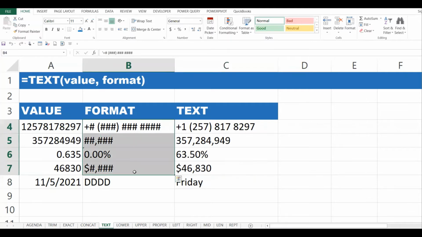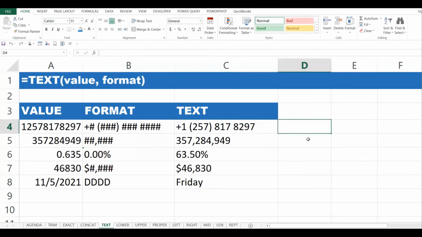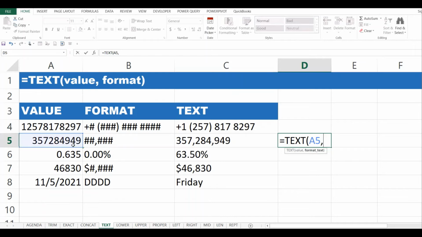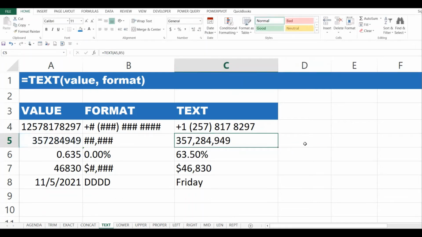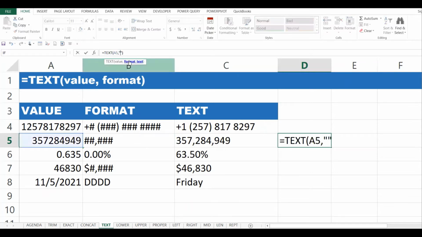So you can use this, or for example, you can just say text, what value do I want? Is this. Then in brackets, under commas, you put the format, which is like so.